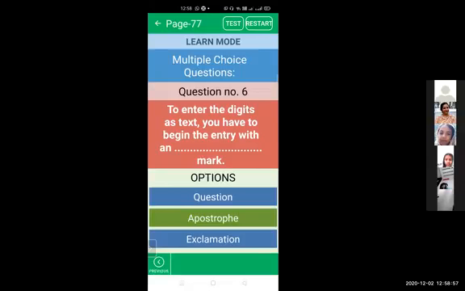Just cross check. First multiple choice question, first answer is Control plus A. Okay. Second multiple choice question, correct answer or correct option is paste. That is B option. Okay. For third statement, correct option is ready. That is option C in your book. All right. Then for question number 4, that is to select a range, correct option is shift. That is option A.